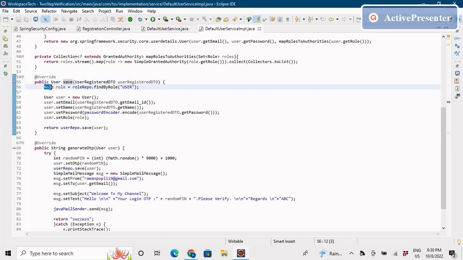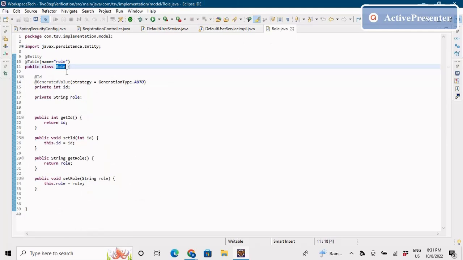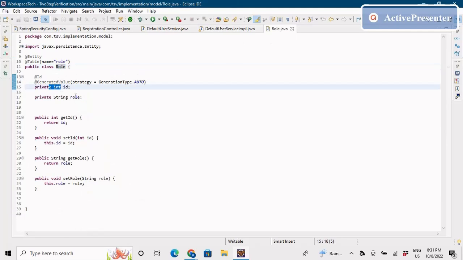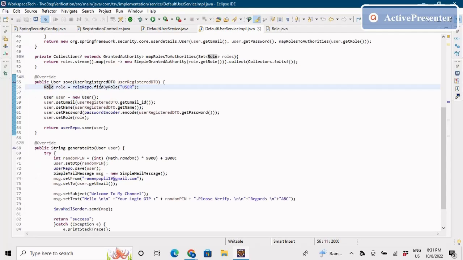What we are doing here is we are firstly using the role repo to find the role by user. The role type is of user. We are not talking about admin here. We are just making a small module. So we have taken one entry in the role table, that is a user role. So we are finding that role in the role entity. So we have the role entity as well. Here we have the ID and the string role, right? Here we are fetching from the role repo, find by role, and we are inputting the user role,